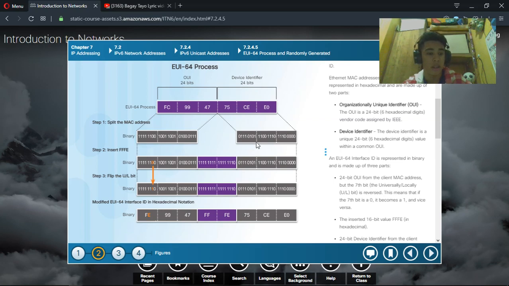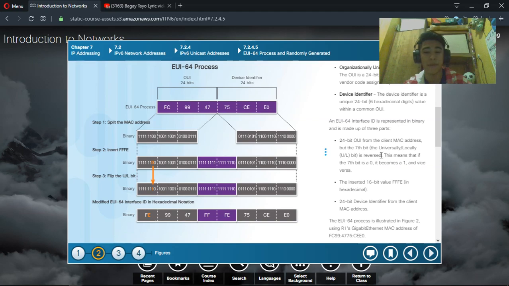Then we must insert the 16-bit value FFFE in the middle. Then flip the U/L bit,